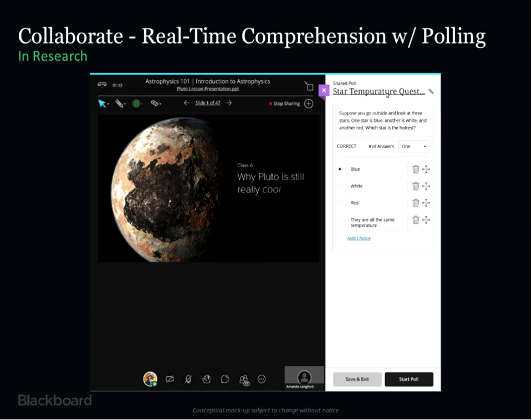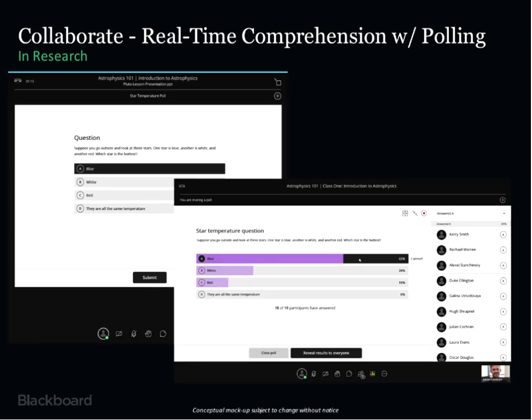And then moving on, as I mentioned, polling being more content-based, right? So on the left-hand side, you see that really the poll takes up the entirety of the content, right? It replaces the slide, if you will, which gives students a sort of better interaction with the overall poll. So on the left side, you see the student answering the question.